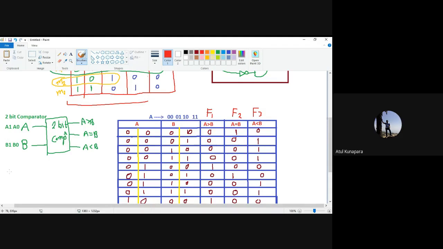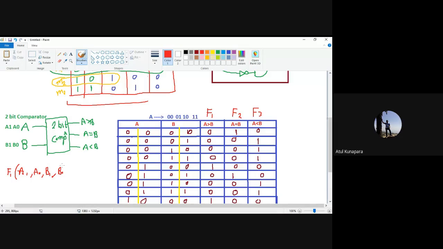Now what are the inputs here for the functions? Here you can see your inputs are a1 a0 b1 b0. There are 4 inputs. So I can say it is a 4-variable function. Your inputs are a1 a0 b1 b0,